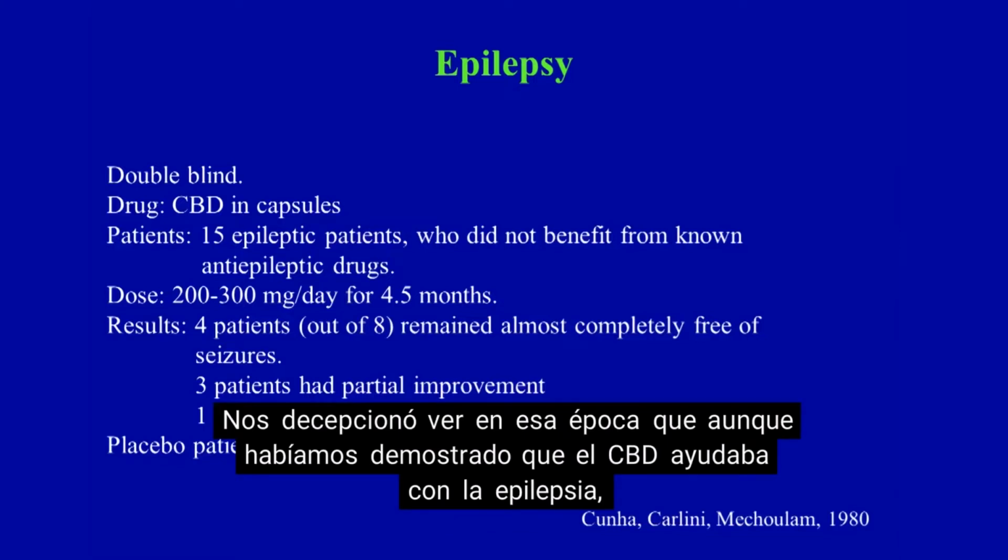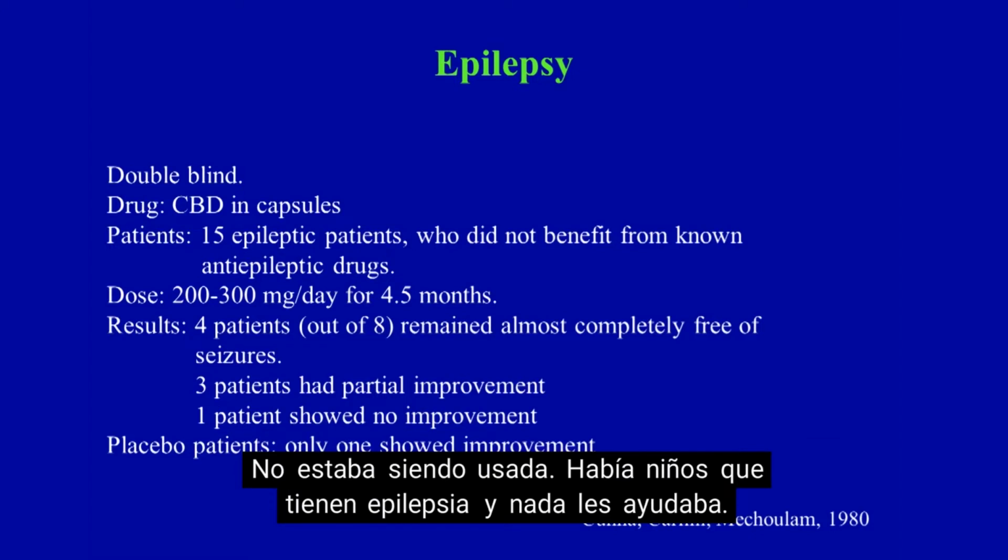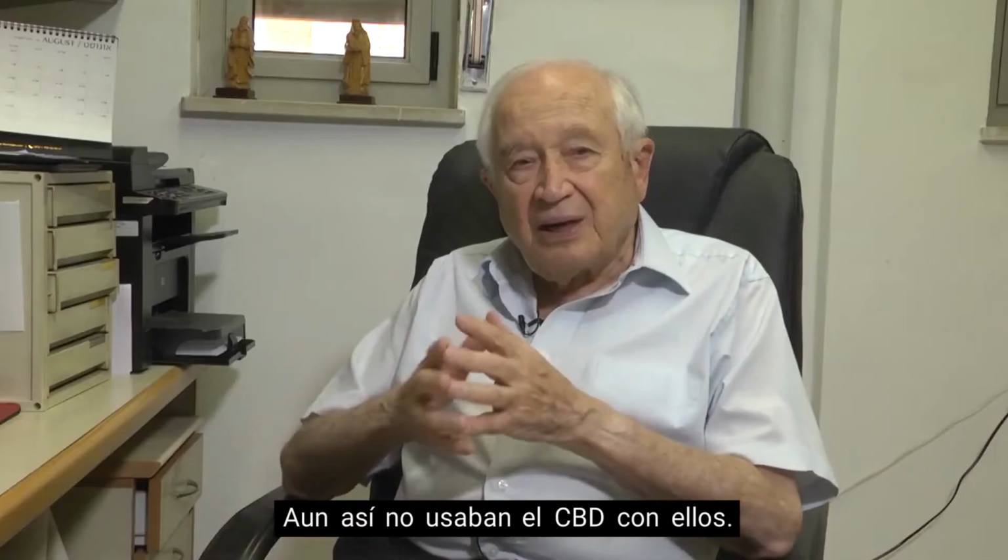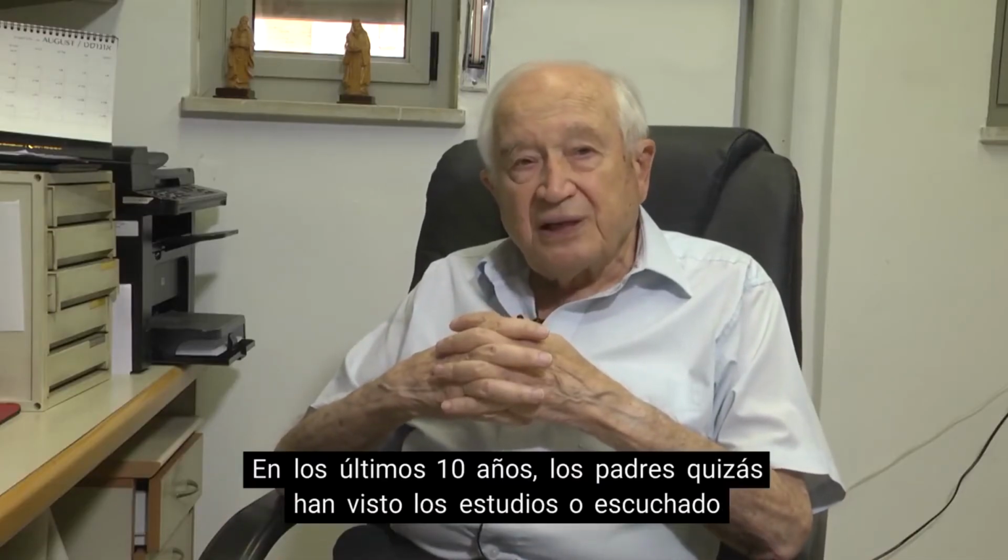So we were sorry to see at that time that although we had shown that cannabidiol helps with epilepsy, it was not being used. There were children that have epilepsy, nothing was helping them, and yet cannabidiol was not used. Well, over the last 10 years,